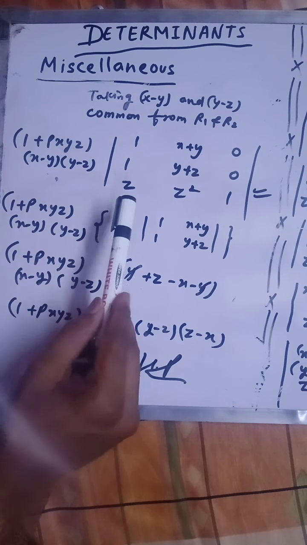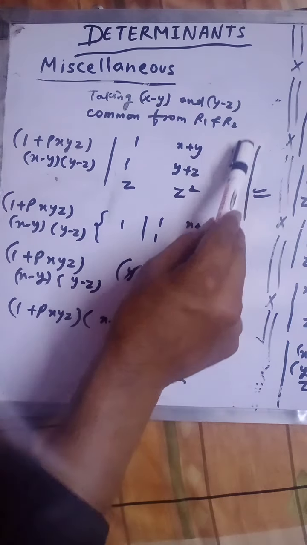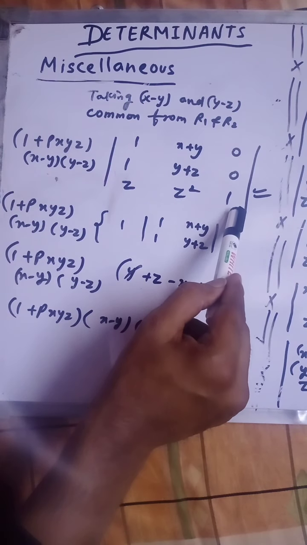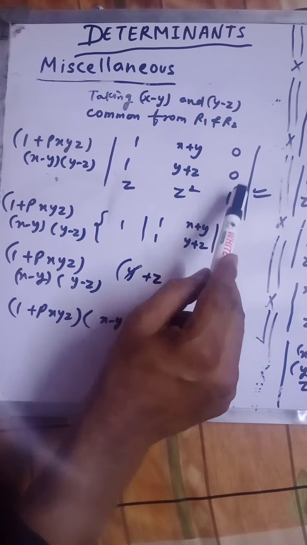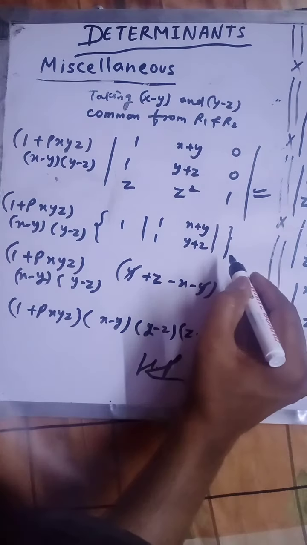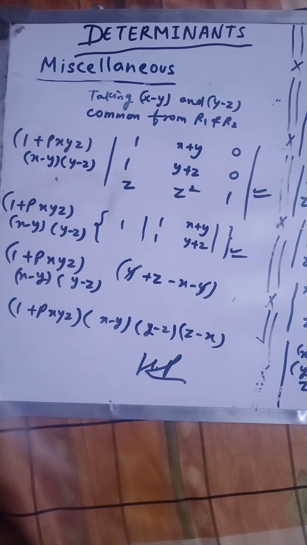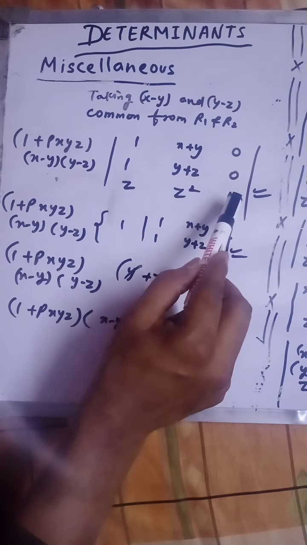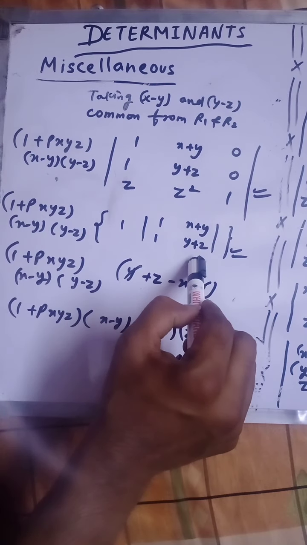Now you have to expand it using this column. You know how we can expand this, so I'm just writing through 1. When you expand it, you will get this, because the first two are zeros. So there is no need to write all the elements, because all will be 0. Only I'm writing the element 1 and the determinant which will come with 1. So here I'm writing what is here.